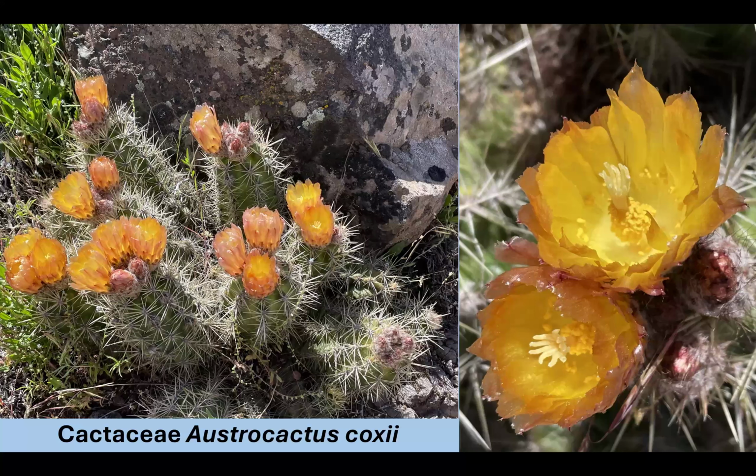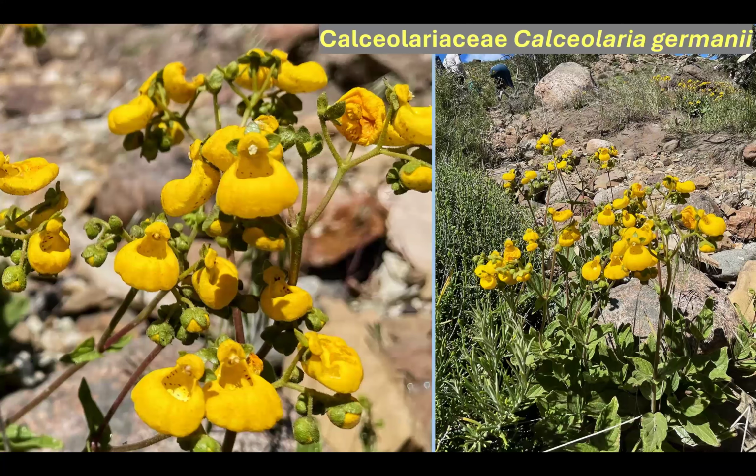Don't they just sort of glow? And the hard part, we were usually out at noon, which works for me, but we were shooting in really hot sun where you couldn't really see what you're aiming at. So this plant,